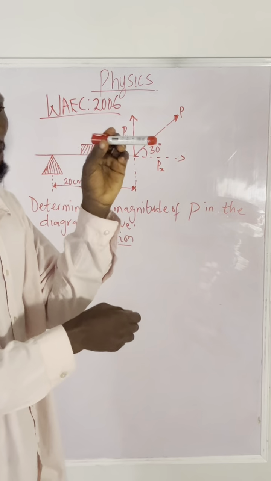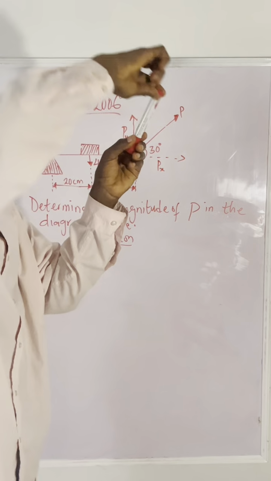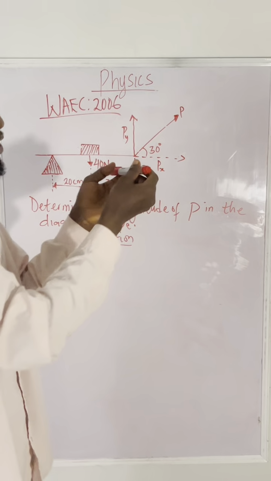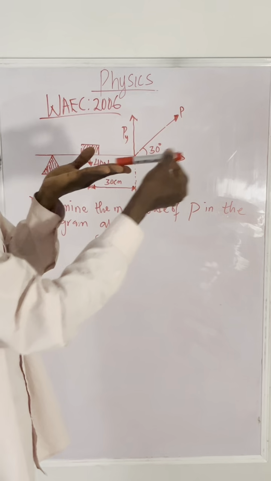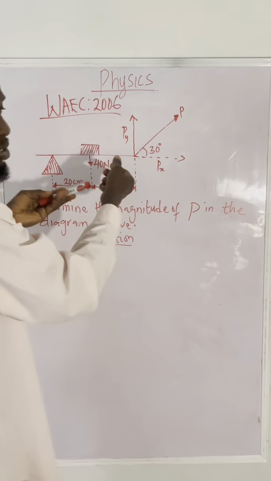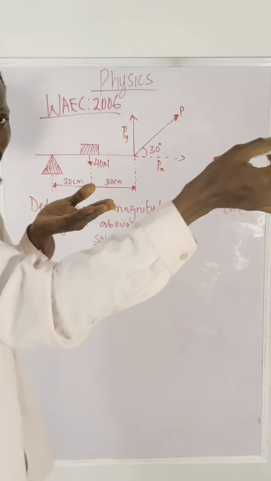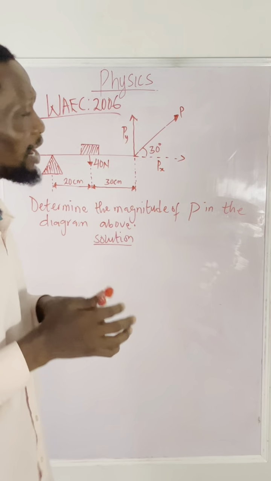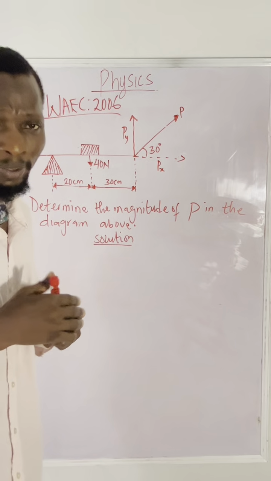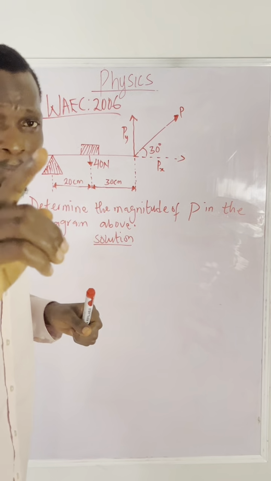Now, if this is the body, Py moving up like this will rotate the body, but Px horizontally like this will not rotate it. It will rather move it on a straight line like this. So we don't want that. Now, how do we get our Py? And that is why we normally talk about